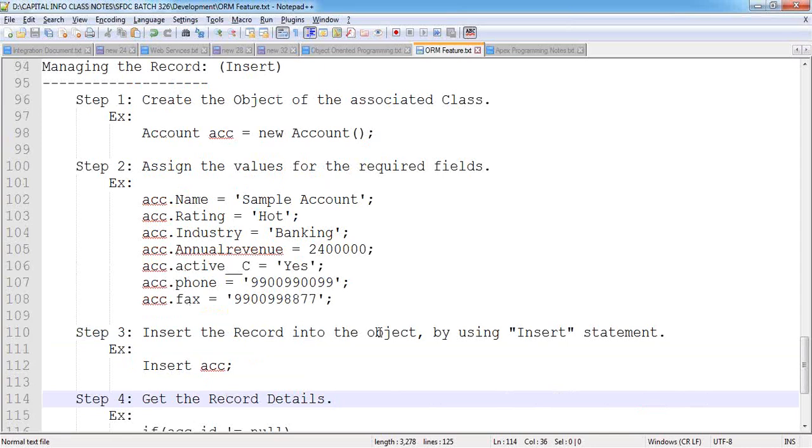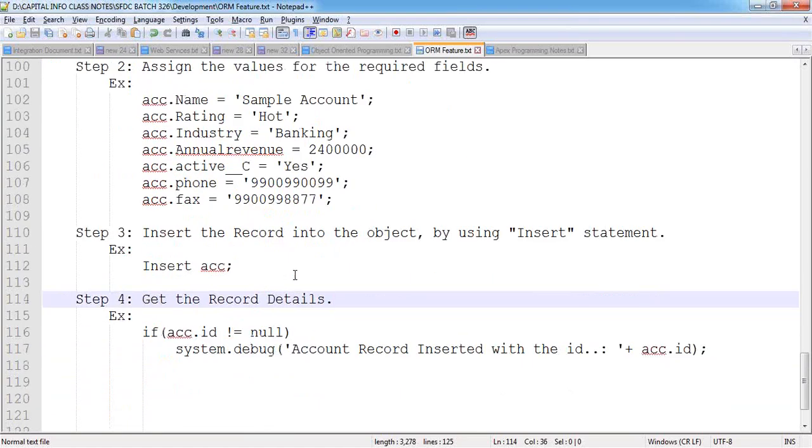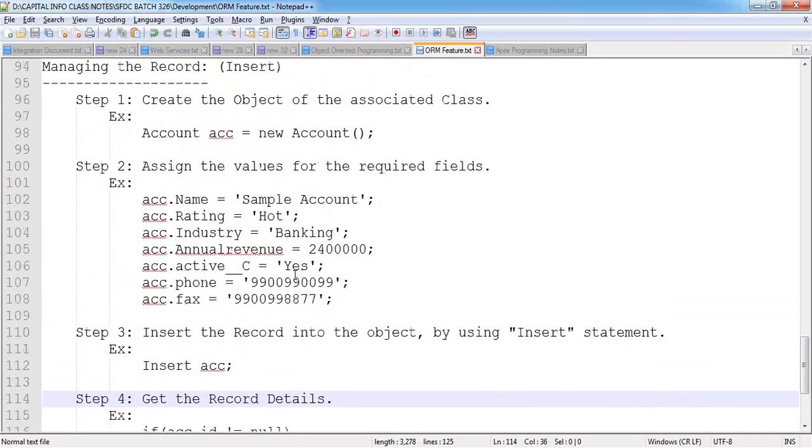By using these four steps, we can create records in standard objects, custom objects, every object also. It may be one record, it may be multiple records also, it may be associated records also that we will create. Then up to step 1,